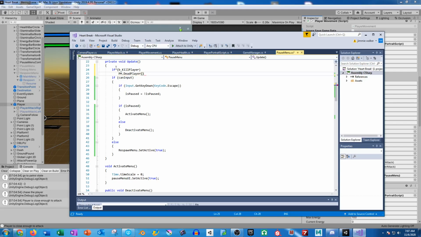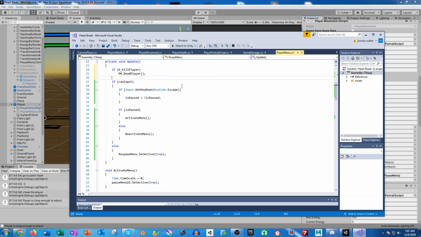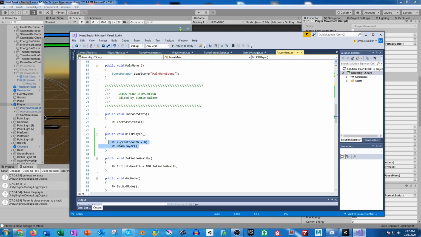And the reason why I'm going to call this every single frame is because what's going on is we're telling it to kill the player, but because time is at 0, it's not actually doing anything. And I think what's going on is when we hit play, it's not actually calling that script anymore because it's only calling it that one time. So if we have dead player, is what we want to do is